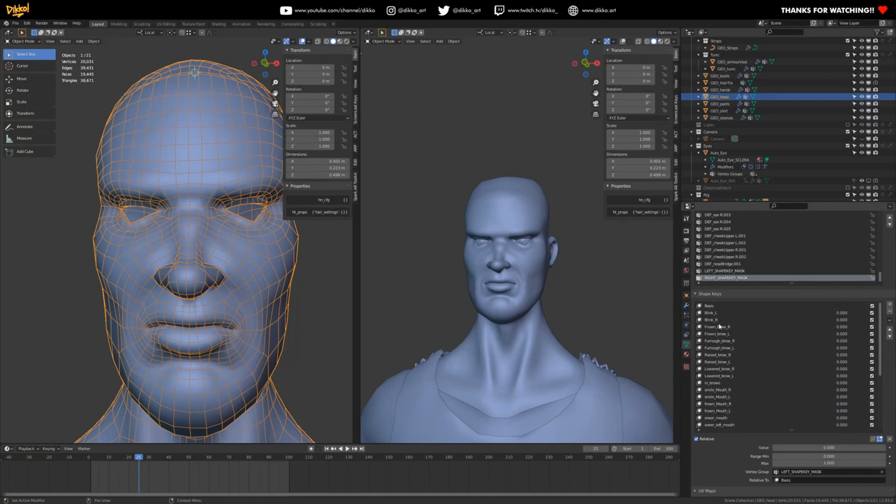So now we have basically everything we need to rig this face. So how cool is that? Left, right. We've got a frown on the right, frown on the left. So you can combine these in different ways as well, which is really cool. This is the whole point of blend shapes, is that you can play with